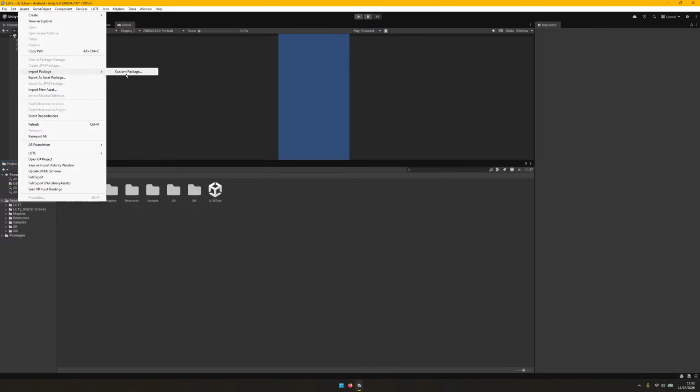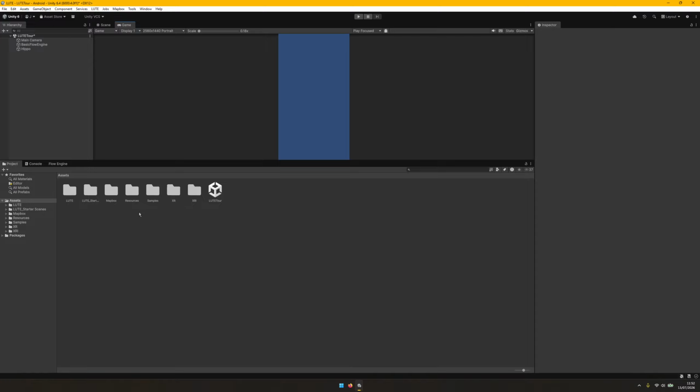This will open a whole import window, and all you have to do is import all the files. And once you've done so, your project should look something along these lines, perhaps with some extra files, which are the default template files that Unity has when you create a new project. The next thing you want to do is